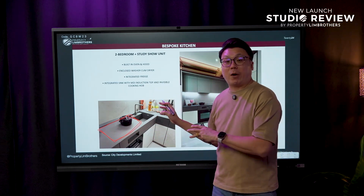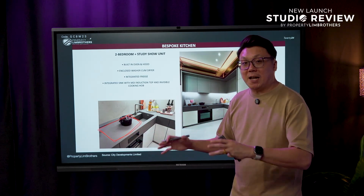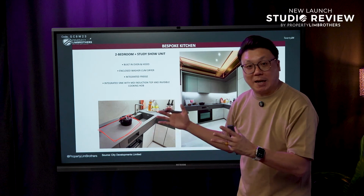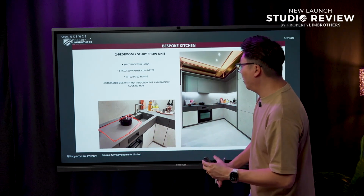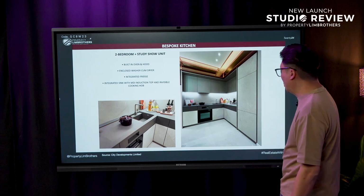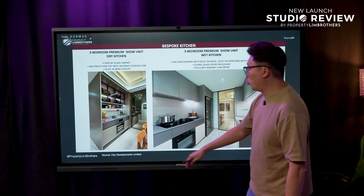This is getting very popular nowadays because aesthetic-wise, you'll see this is one solid surface top, but actually on the particular area, that is the induction area for your cooking hob. So this is something that is also very interesting that you will see. For the 3 bedroom premium show flat unit, this is the dry kitchen area,